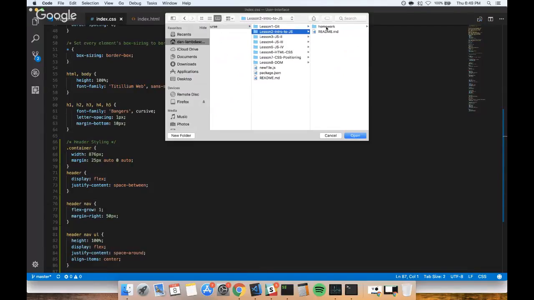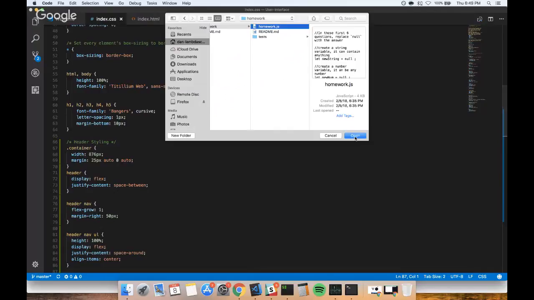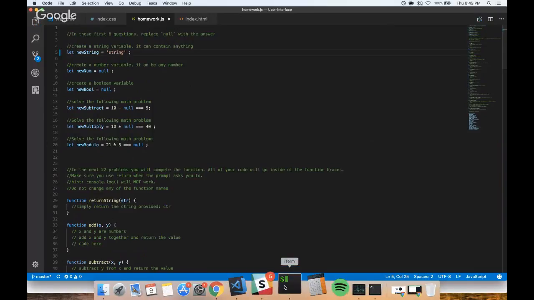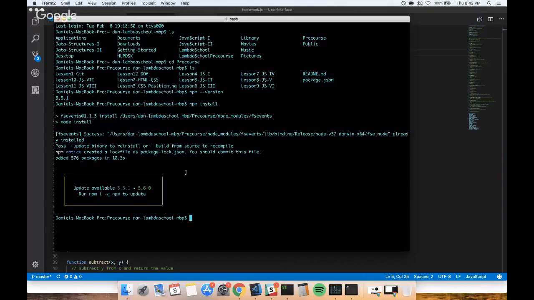It's going to be different on yours because we've rearranged the lessons a little bit. But now we have our file. Now we're going to start doing our assignments in here. It says, in these first 6 questions, replace null with the answer. So let's replace null with a string. We'll name it string. We save that, open up our terminal, and now we can say npm test